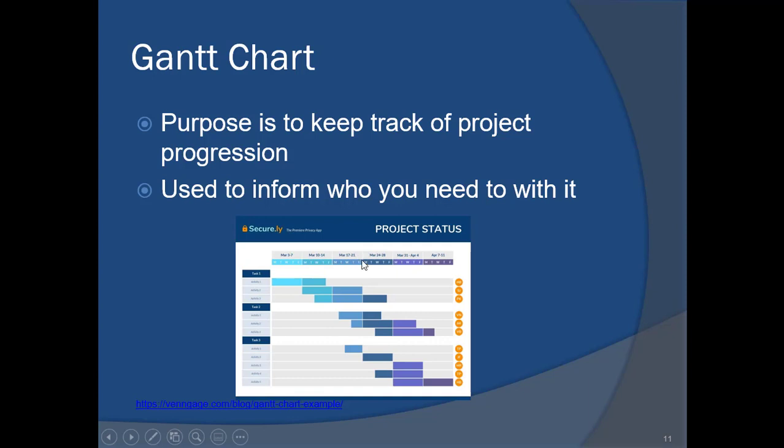So just imagine, for instance, like activity 1, as Monday completes, this color would change. As Tuesday completes, this color would change. As Wednesday completes, this color would change. If the progression gets halted or stops in any way, shape, or form, the progression charts and the coloring, the percentage of completion would stop. And then if it got to Thursday, Friday, and then starting Monday, you're still on activity 1, there's a trigger to say, hey, we're behind, why are we behind? And then you can address it right then and there. That's the whole purpose of the Gantt, is to ensure that progression is happening, and when progression doesn't happen, that you can see it firsthand and you can get on it proactively and be very, very quick to react when things get behind. That's the whole purpose of